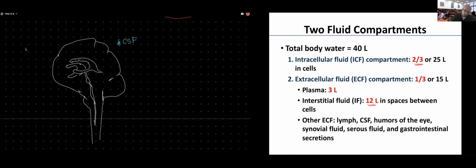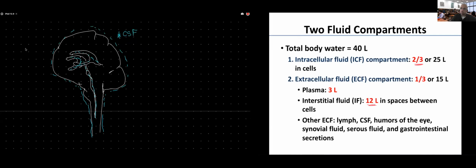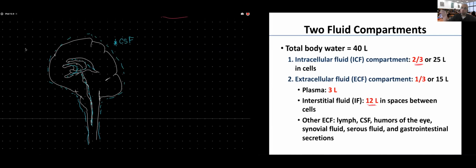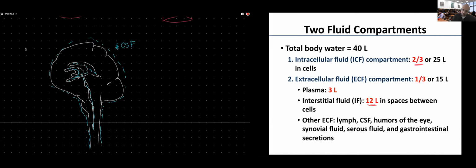Cerebrospinal fluid, if you remember, was circulating within the ventricles of the brain, the central canal of the spinal cord, and around the brain and spinal cord in the subarachnoid space. Another example of a fluid that is part of my extracellular fluid compartment, but it's not part of the interstitial fluid or my plasma, is going to be the fluid located in the synovial joints, as you are mentioning here,